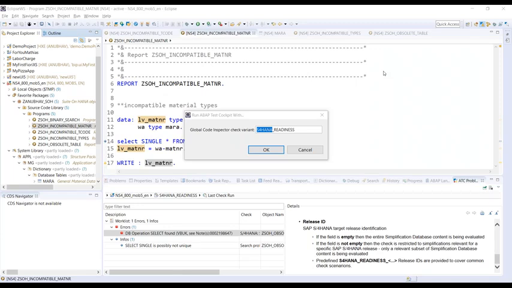ATC also has integration with the transport organizer, CTS. So whenever you are releasing a transport task, ABAP Test Cockpit checks can run. Code Inspector doesn't have these features. Code Inspector is more suitable for just one program or one package analysis immediately. ATC can be scheduled, it can be set up in another system altogether, and it can also be integrated with the transport organizer.